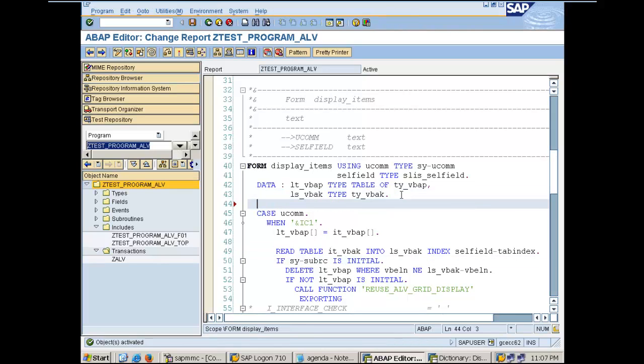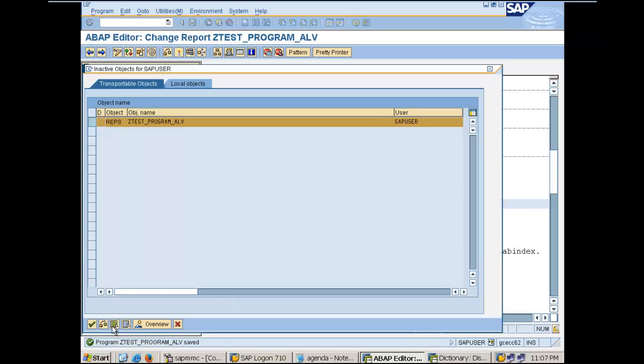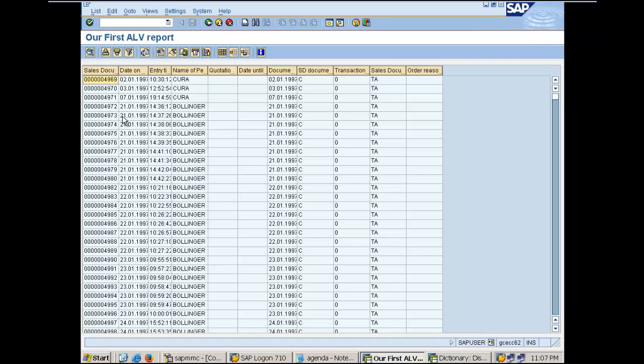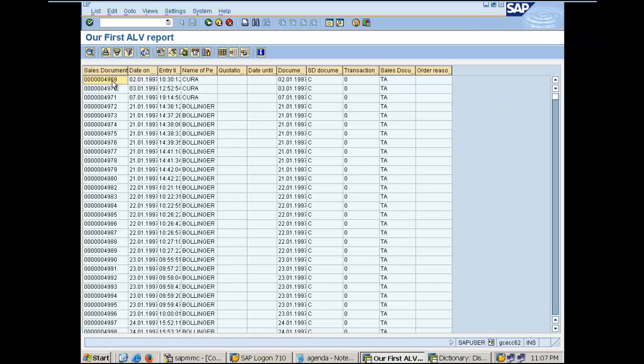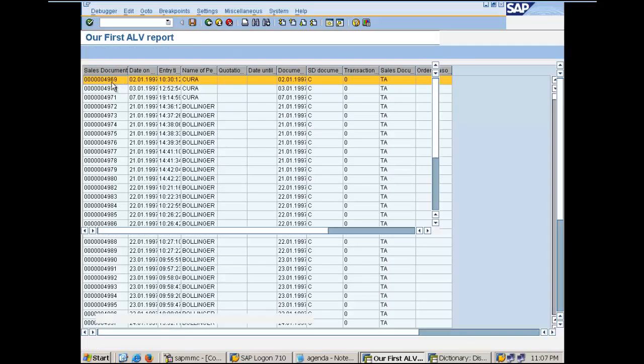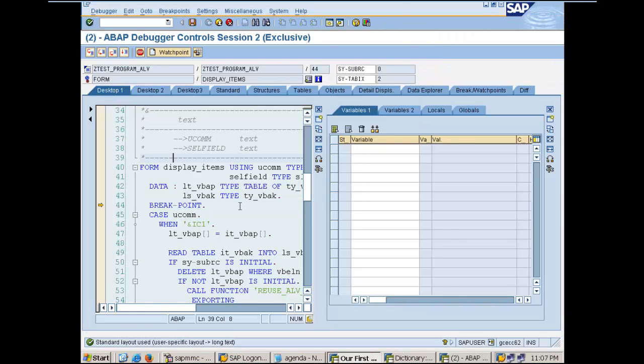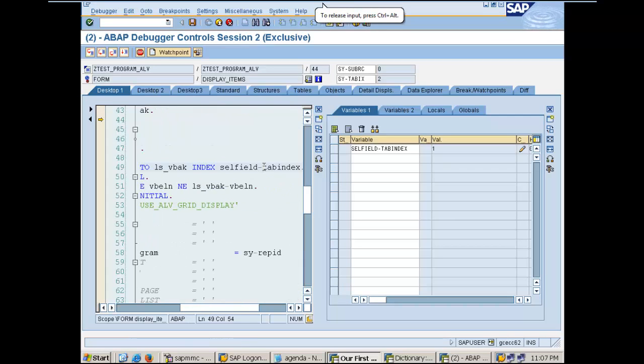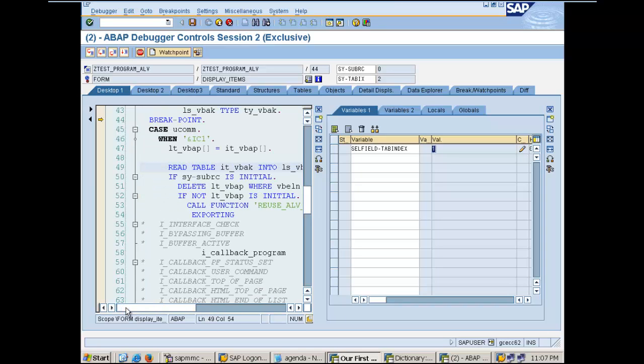Let's put a breakpoint so that you can also understand the flow. That's what we are trying to do here. So I execute this report, further execute. Okay, let's say 4969, do a double click on 4969. If you come here, you will see that this field stores the value as 1. That is my first record. So tab is 1. If I do an F5, I know that my UCOM is double click,